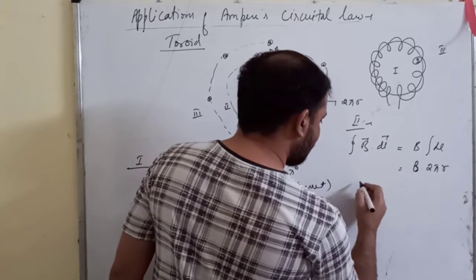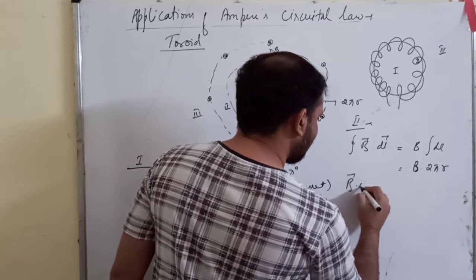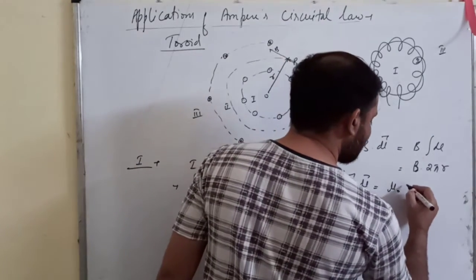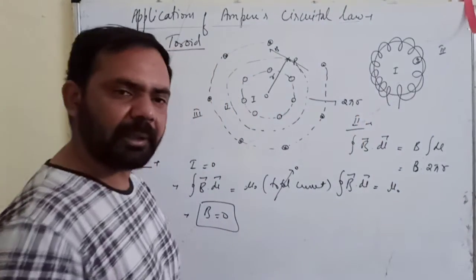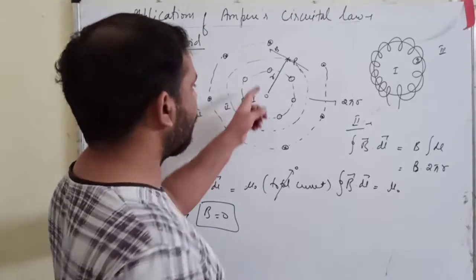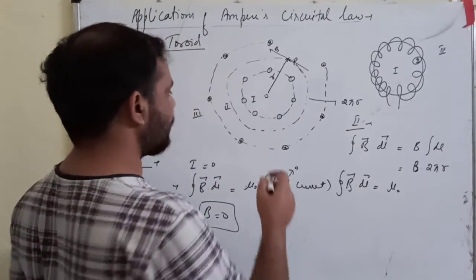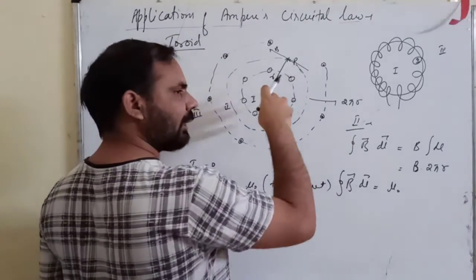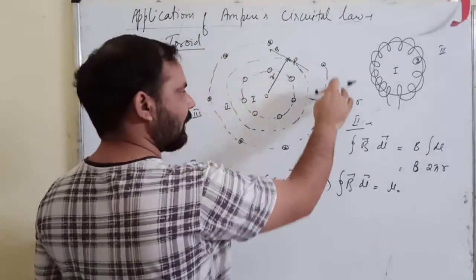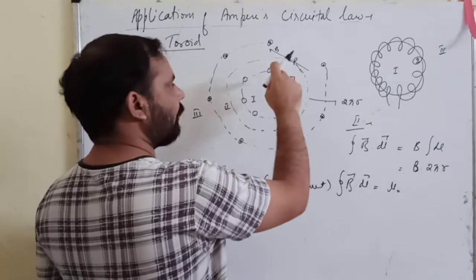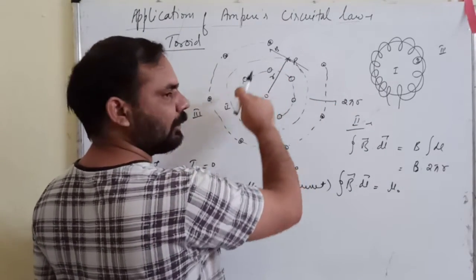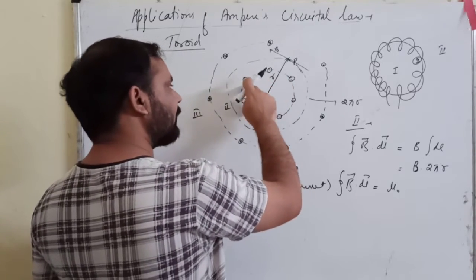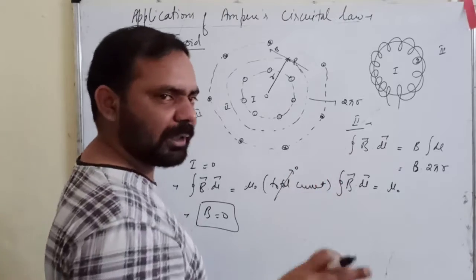Ampere's circuital law says that the integral of B vector dot dl vector over the closed loop is mu naught times the total current threading through the loop. Now, how much current is threading? This is only this part, this current. The current is crossing the loop. This part is not crossing the loop, right? Only this part is crossing the loop.